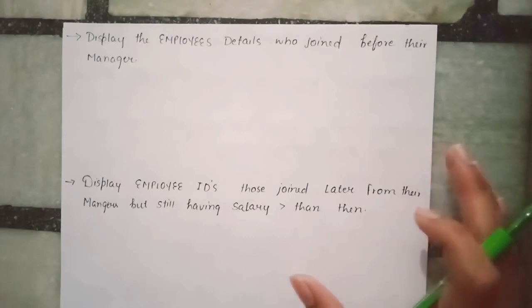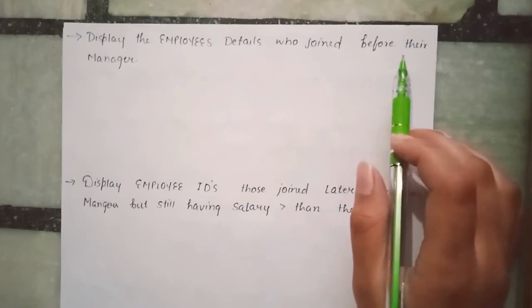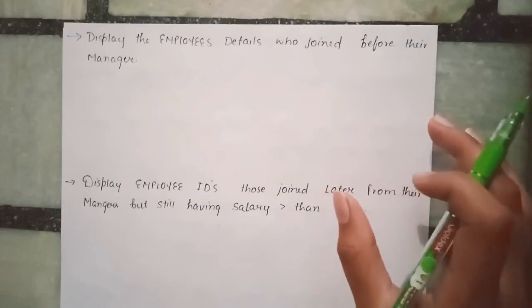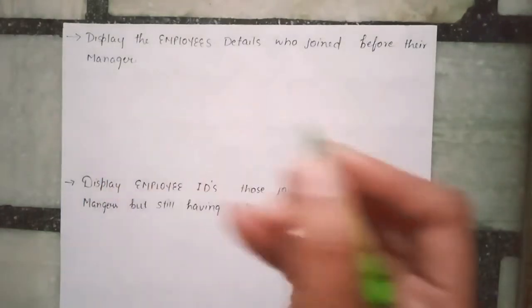Okay, so how do we, so in this query we can see that here it is also showing the information that can be taken from only one table. So in this case also we will make use of self join. Now how do we write this query? See, what do we want? Details of the employees.